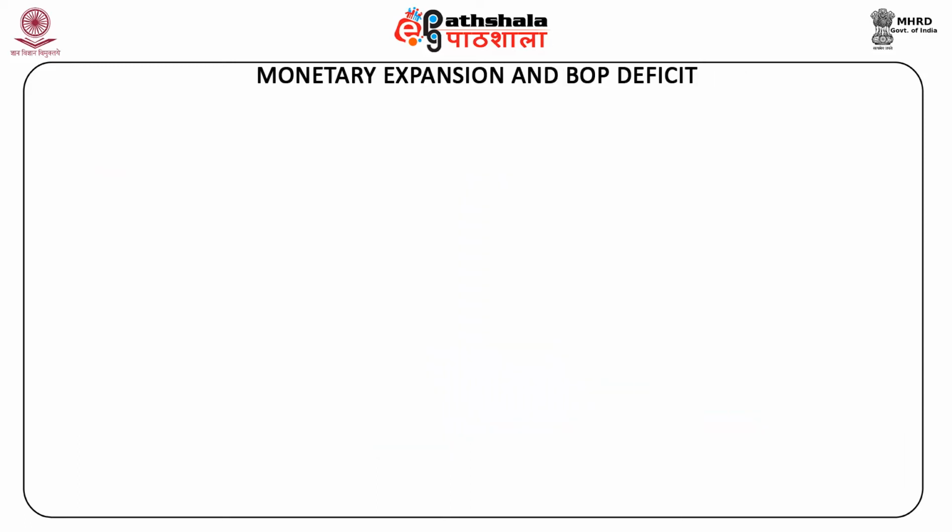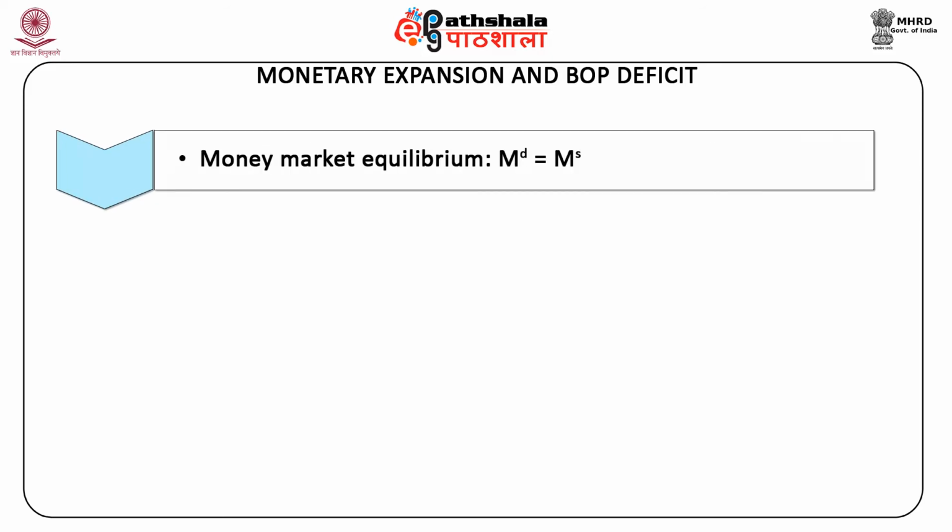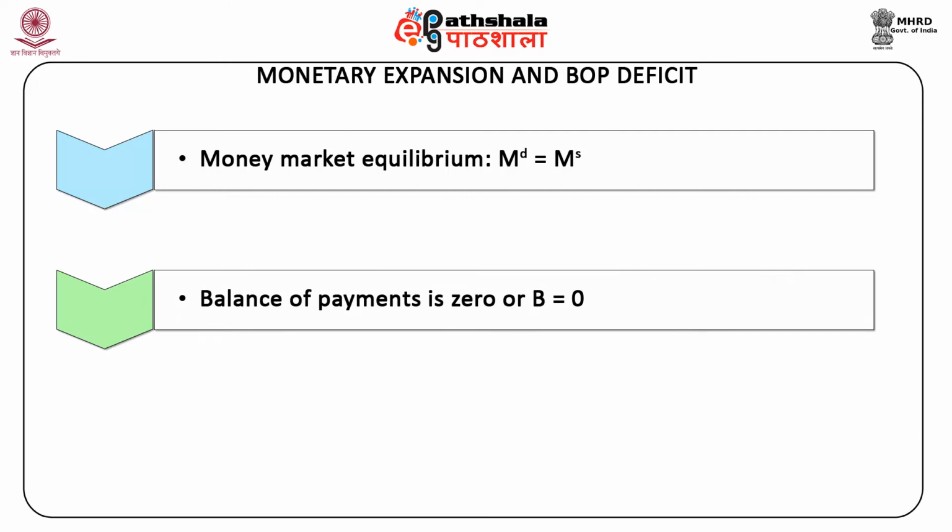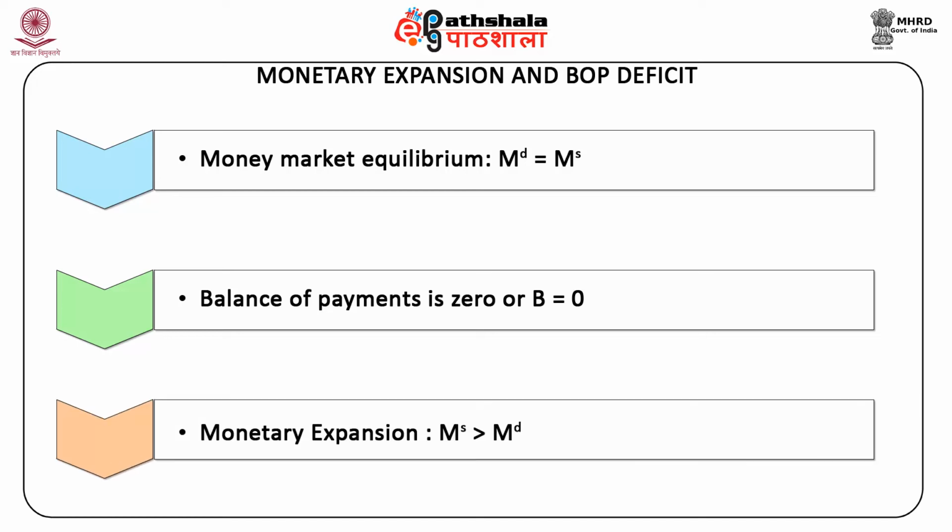Let us assume that the economy is having money market equilibrium where demand for nominal money balances is equal to the supply of nominal money balances, or MD is equal to MS, and hence balance of payments is 0, or B is equal to 0. Suppose there is a monetary expansion leading to an increase in the supply of domestic nominal money balances. With the same demand for nominal money balances, people have more cash balances in their hand, or MS is greater